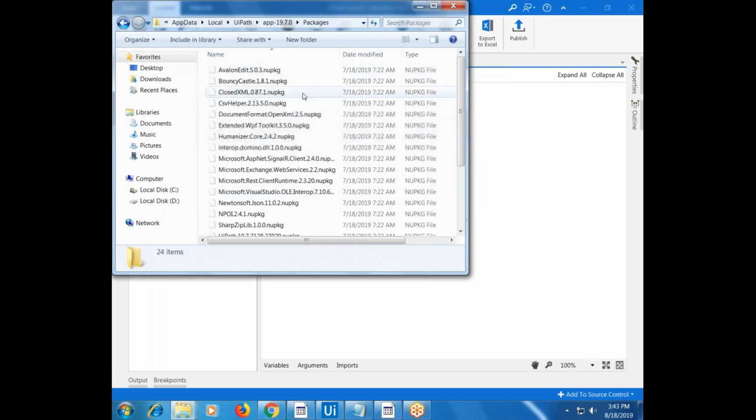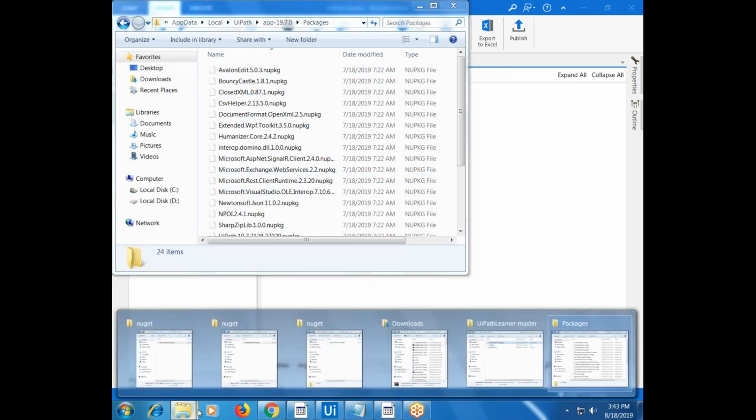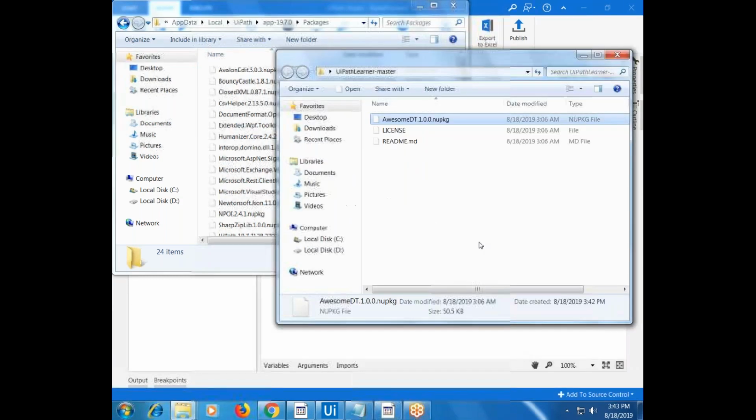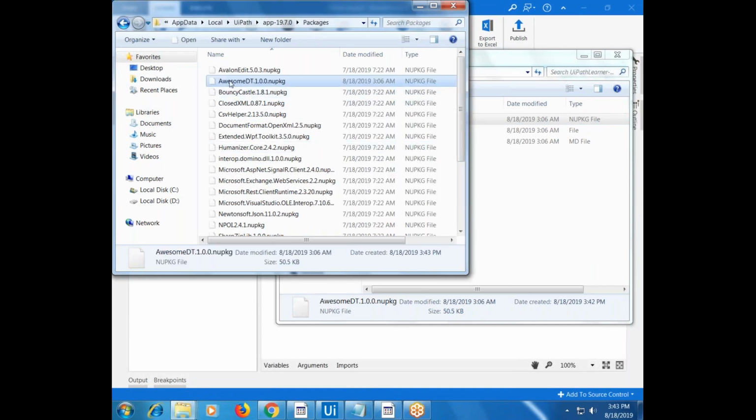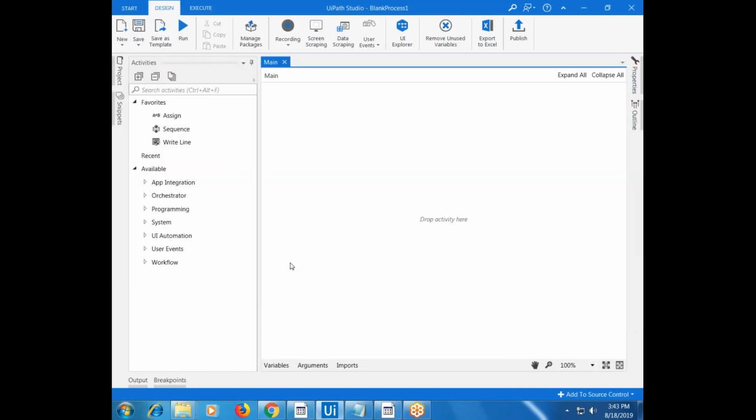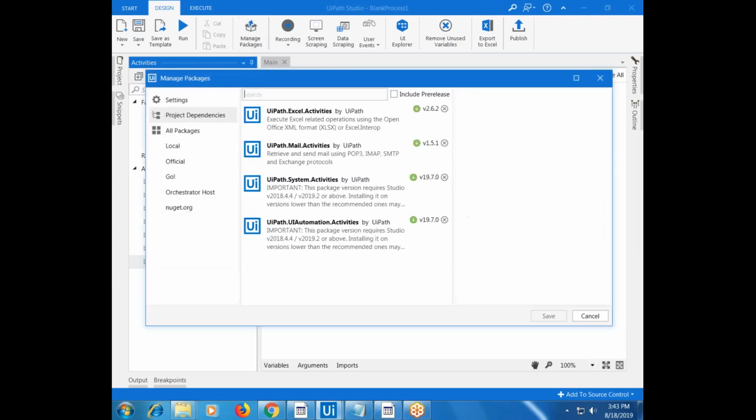Here you have to copy the AwesomeDT NuGet package, the downloaded NuGet package. Let me find it. Yeah, this one, copy, and paste it here. Okay, now you have the AwesomeDT 1.0.0 package. Let's go to UiPath Studio and click on manage packages. You don't have an AwesomeDT category here yet. So click on manage packages and type